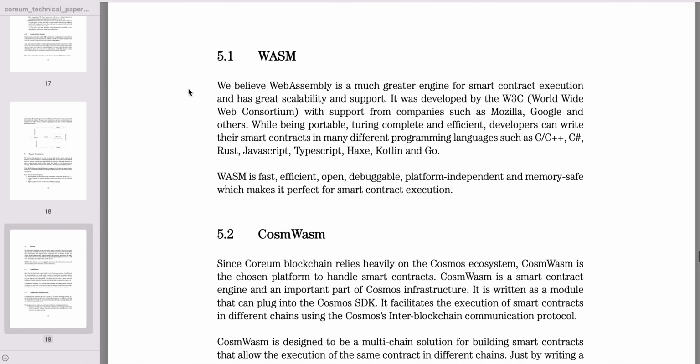WASM. We believe WebAssembly is a much greater engine for smart contract execution and has great scalability and support. It was developed by W3C, World Wide Web Consortium, with support from companies such as Mozilla, Google, and others. While being portable, Turing